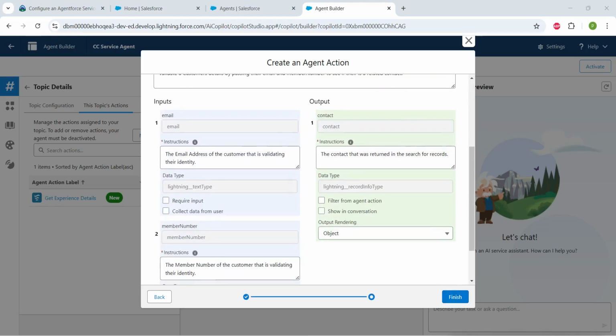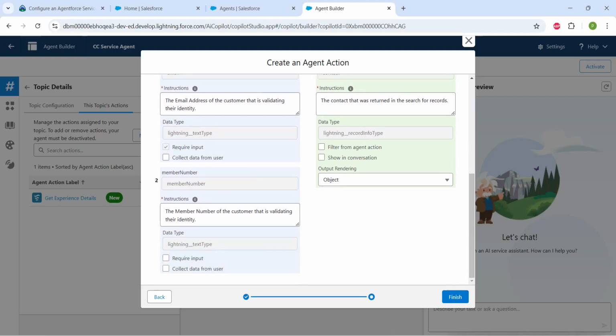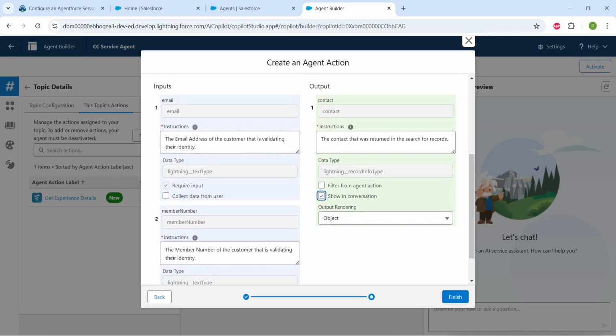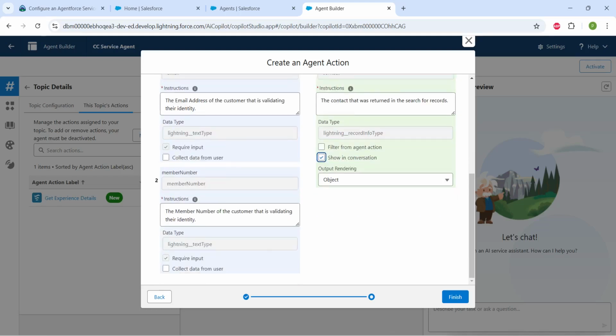So here for email, let's choose input. For member name, sorry, it's member number, let's click on require input and show in conversation for our output. And now let's click on finish,